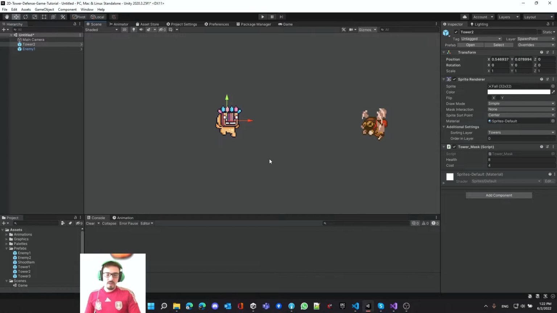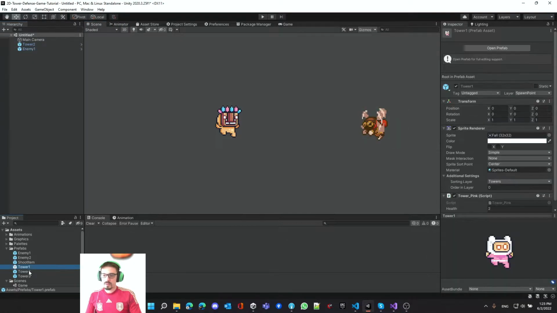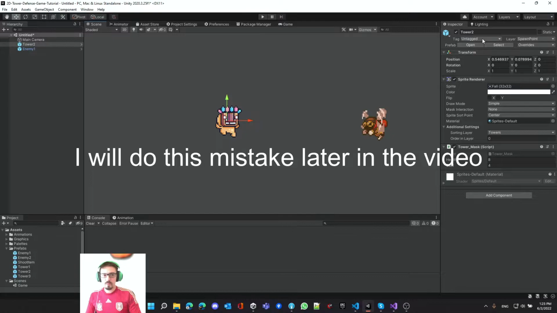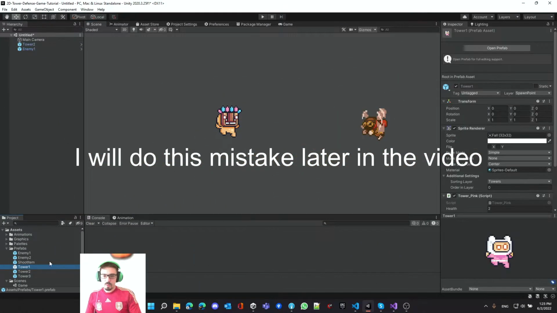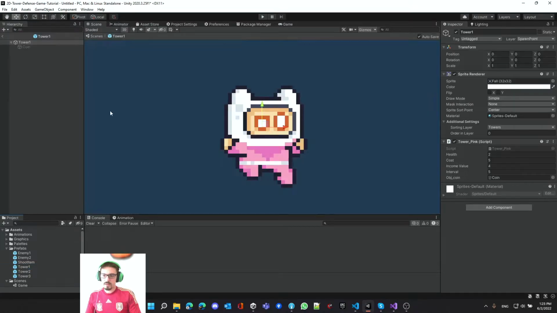As I said before, the first thing we have to do is add a trigger to the tower. So instead of adding it in here, we will do it in the prefab itself, so we don't lose this process, because if we add it here, we have to manually click apply. So what we'll do is we will select one of the towers in here and double click it, and we'll